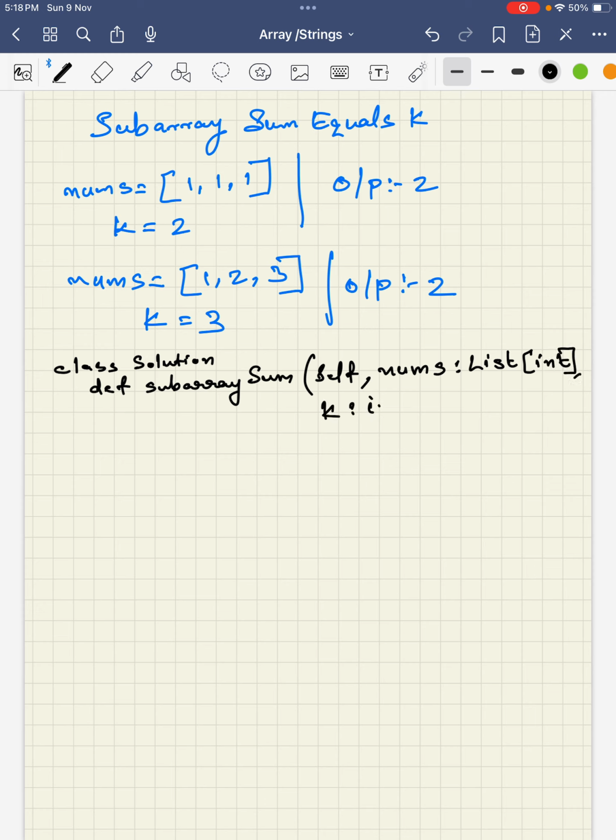Another integer is given, k, and you are supposed to return an integer which is the total number of subarrays whose sum is equal to the given k. So let's start with a counter set to 0. Then for i in range of length of nums,